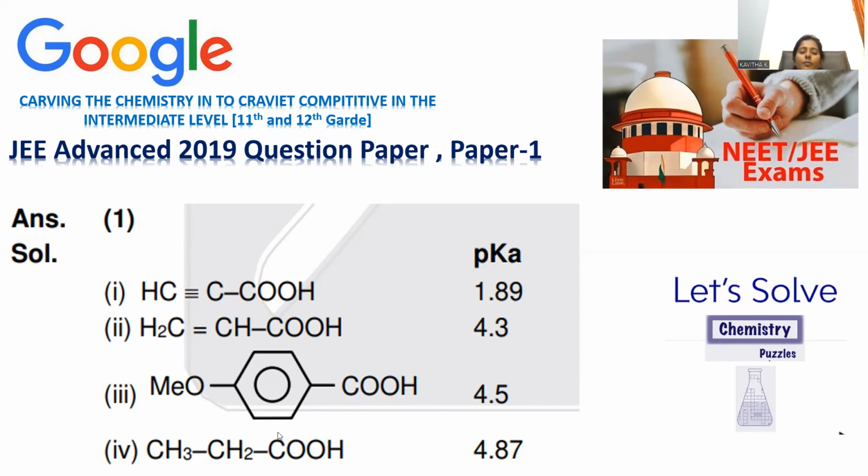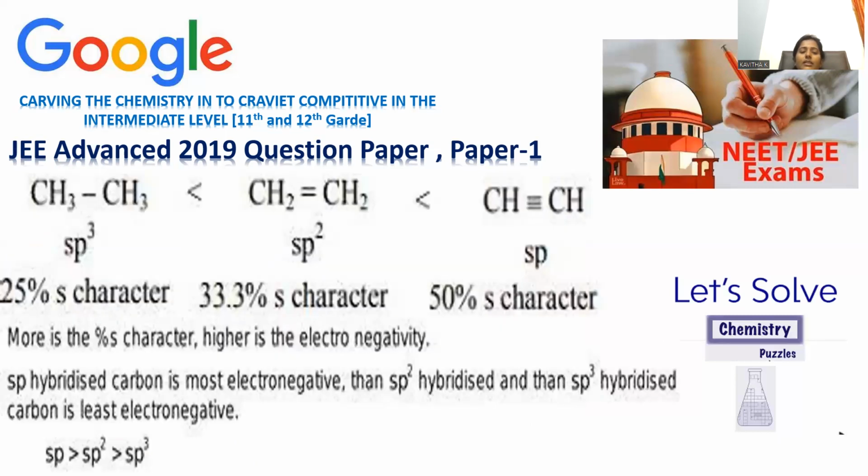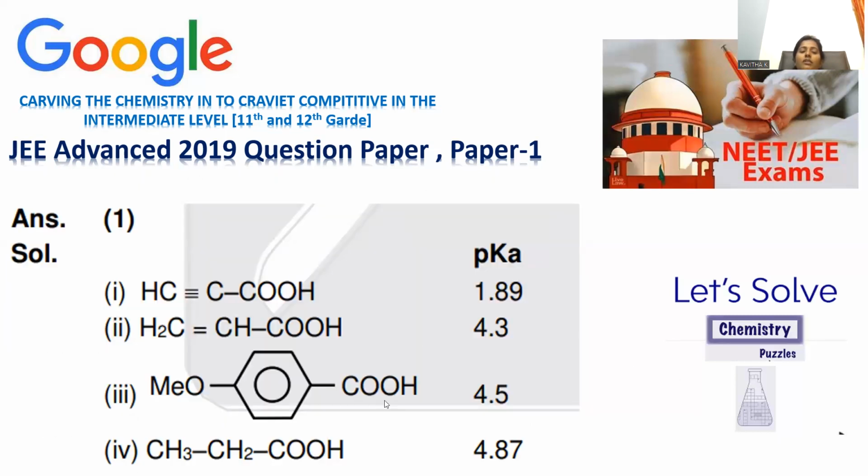CH3CH2COOH, propanoic acid, is taken as 4.87. What we mentioned: the lesser the pKa value, the higher the strength of the acid, so wherever a triple bond is there, the acidic strength of the carboxylic acid is extremely large, the pKa value being lesser. And the higher pKa is accorded for the electron releasing ethyl, so we can say this is a less strong carboxylic acid. Let's see what the mechanism is behind this kind of acidic strength with triple bond,